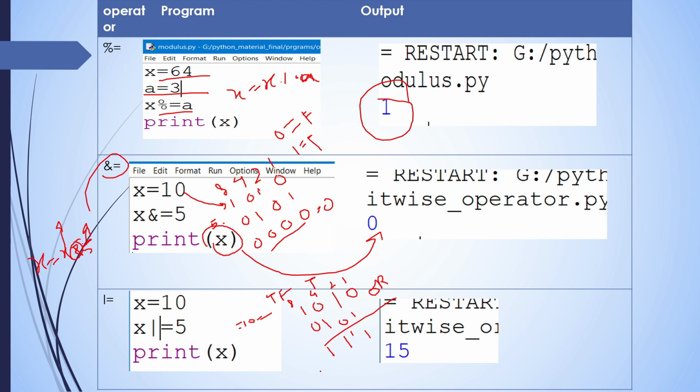So 8 and 4 is 12, 13, 14 and 15. So the output is 15.